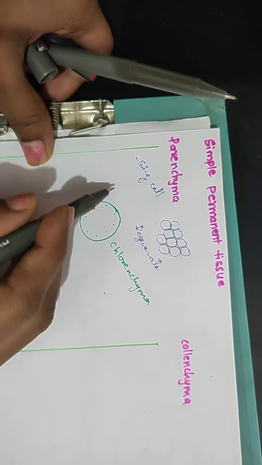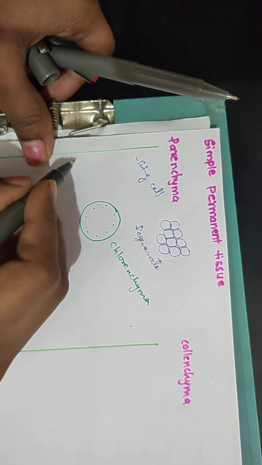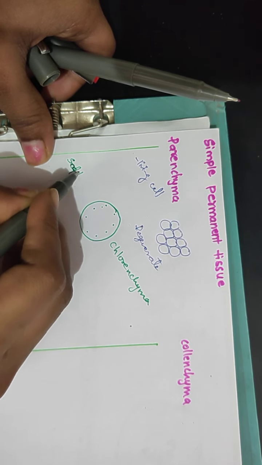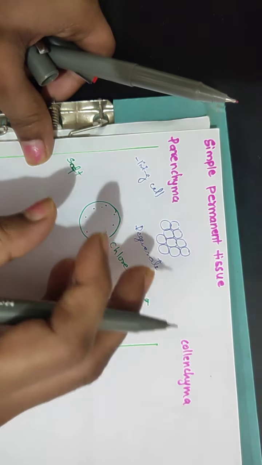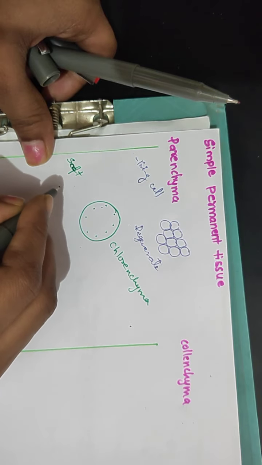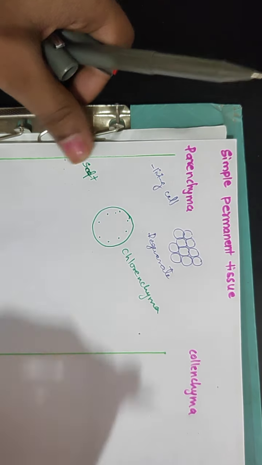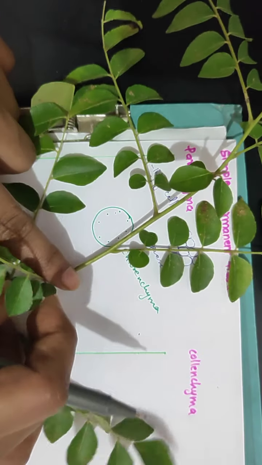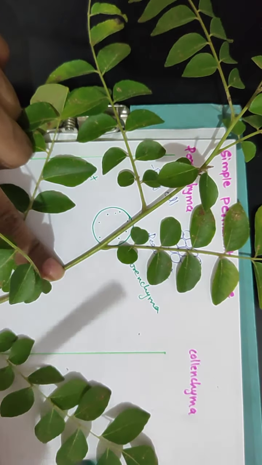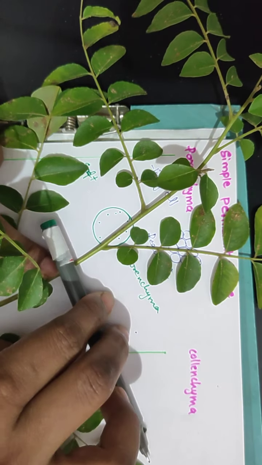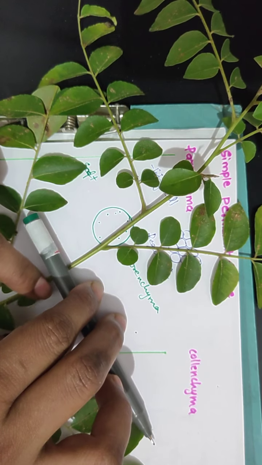Next, parenchyma cells are soft. You can see them most of the time in soft tissues, soft organs such as the leaf, or sometimes in the pith region. See, when you take a section of this stem, how does it look? When you pass the blade in this way, we call it longitudinal. When you pass the blade in this way, we call it TS, transverse section.